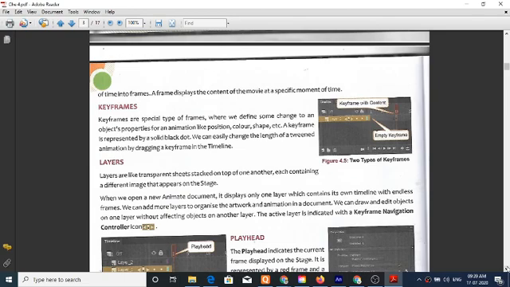With endless frames, we can add more layers to organize the artwork and animation in the document. We can draw and edit objects on one layer without affecting objects on another layer. The active layer is indicated with the keyframes navigation control icons.